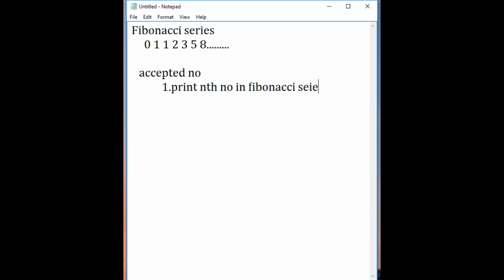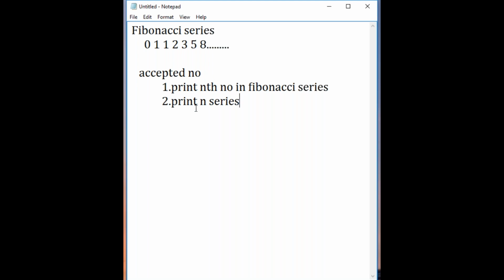This is the first statement which you are supposed to display in your program, followed by generating the series. I'm supposed to print the series, the n series.